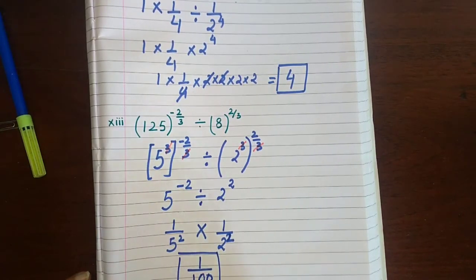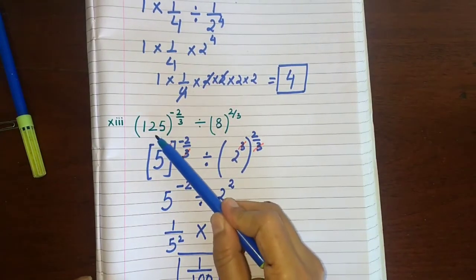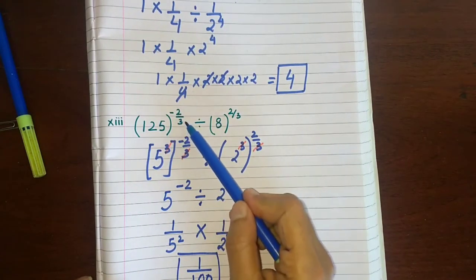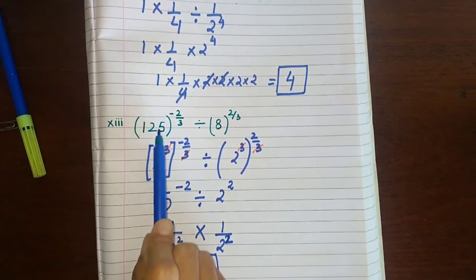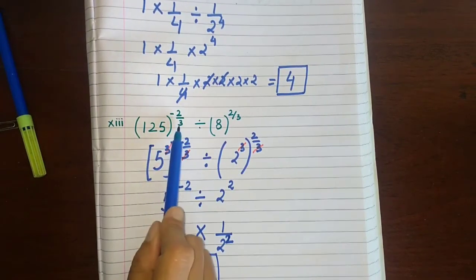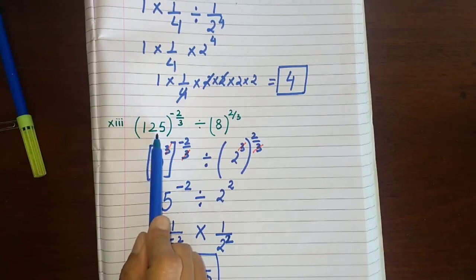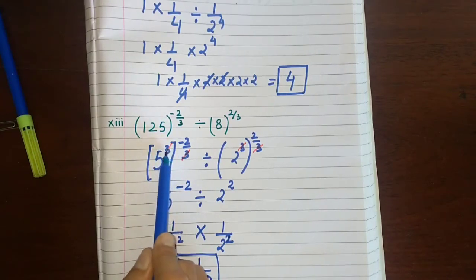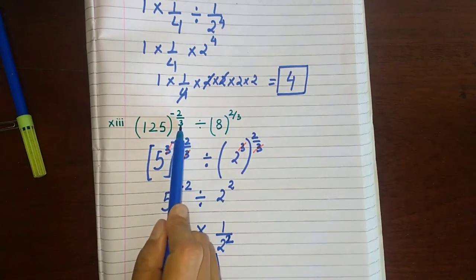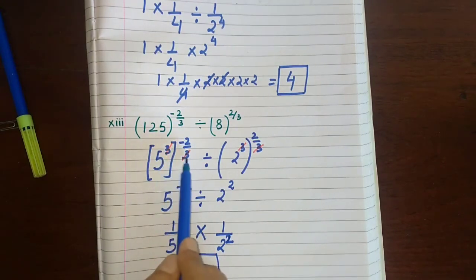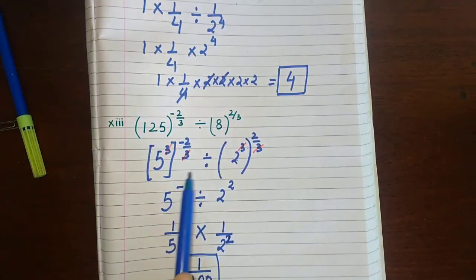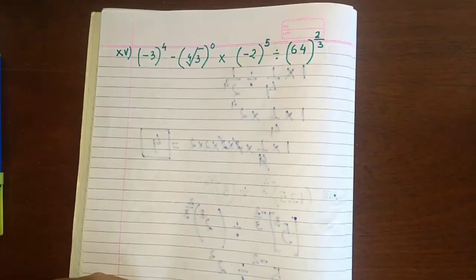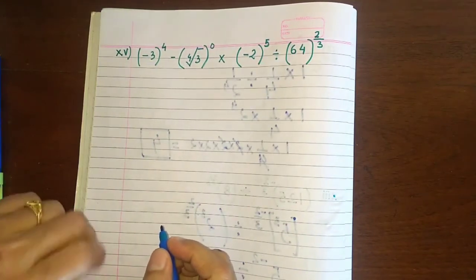So what calculations did I do? First, 125 raised to the power minus 2 by 3, you cannot expand or do anything with that. So you have to write it in exponential form where this denominator gets cancelled. The numbers will be given so that they can be reduced in a form where the exponent's denominator and the number's exponent are the same or divisible, so that the denominator gets removed. So it is 5 to the power 3, 2 to the power 3. First step is we convert it into that. Cancel. Let's move on to question number 15 now.